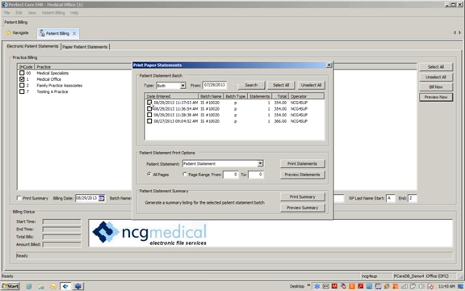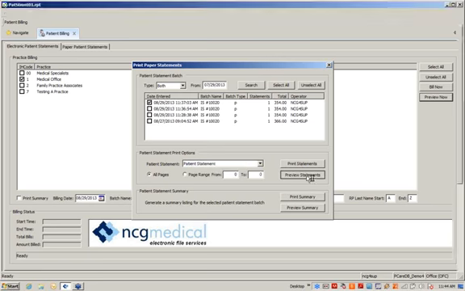If you select a batch, or here you see instant statement is what the IS in the batch name stands for, you can print the statement again. Again, you have the option to select our patient statements or a plain white paper statement. Print the statement,